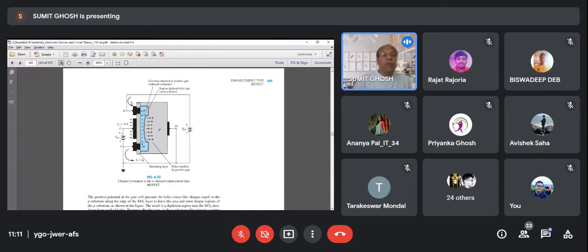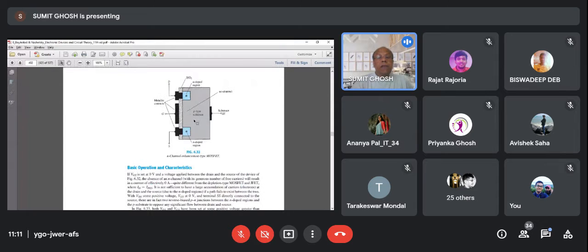So let us see what happens when you give a positive potential. This gate is given a positive potential to make it work. If the gate is at positive potential, what will happen? There is a positive electric field, and like I told you earlier, all the electrons, which are negatively charged, will be attracted to the interface. The holes in this area were p-type, when I bought it from the market. So this area was p-type material, and there was no channel.